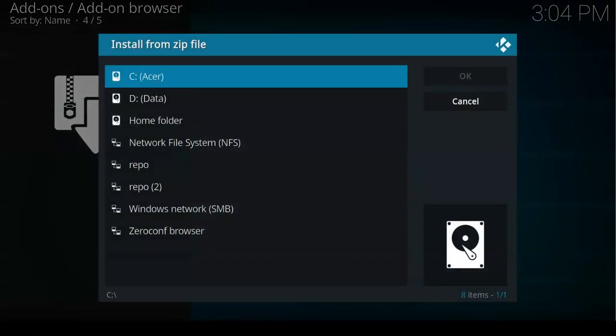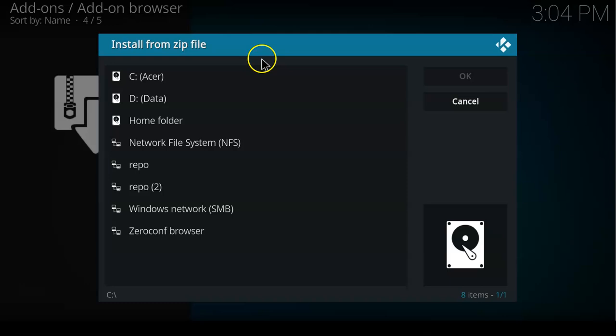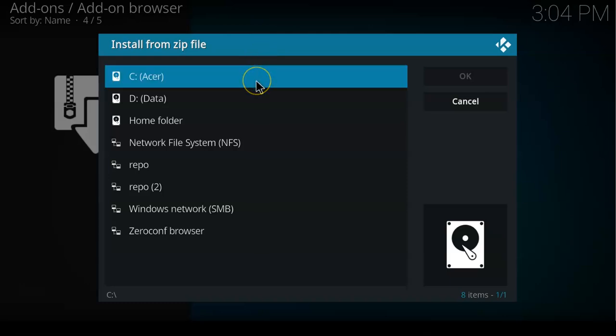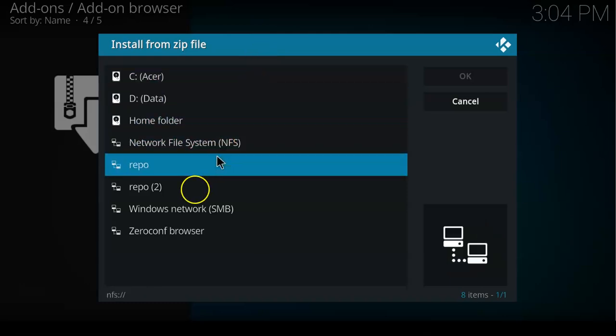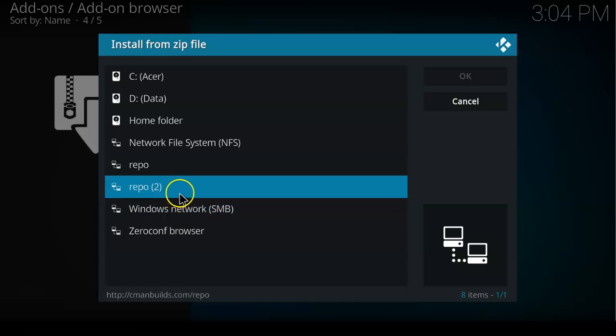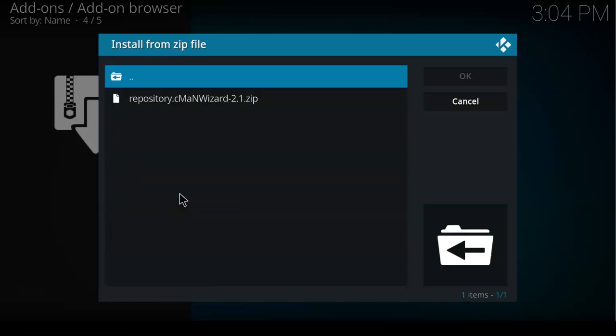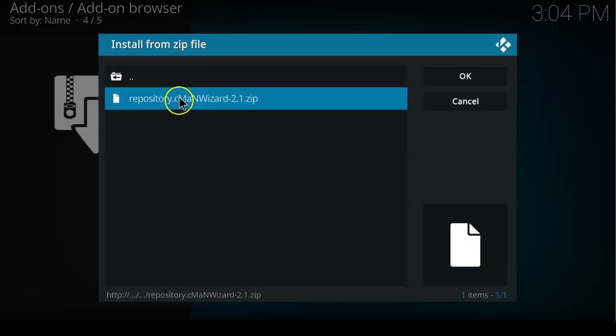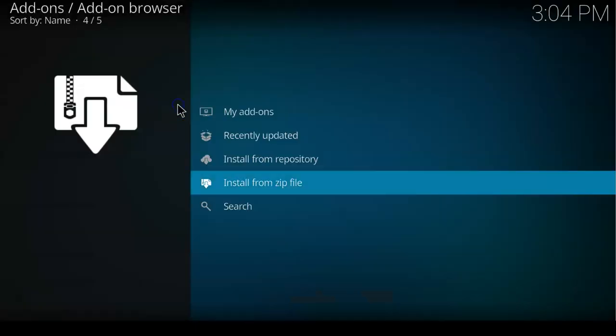And then once you get to this section, if you used repo to save the source file, you can now click on it. But if you used a different name to save the source file, you just have to find that name you used here to access the URL. So in my own case, I used repo, which is this. So I'm going to click on it, and then here I will click on this,